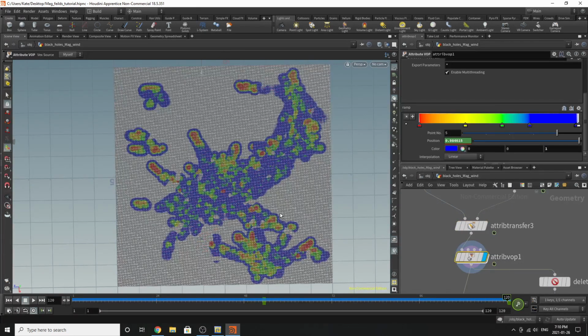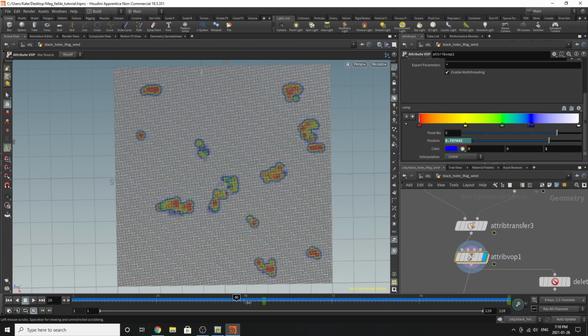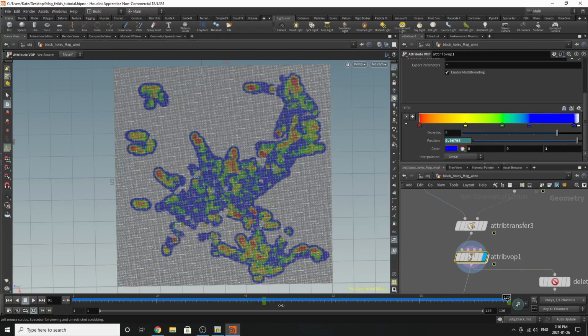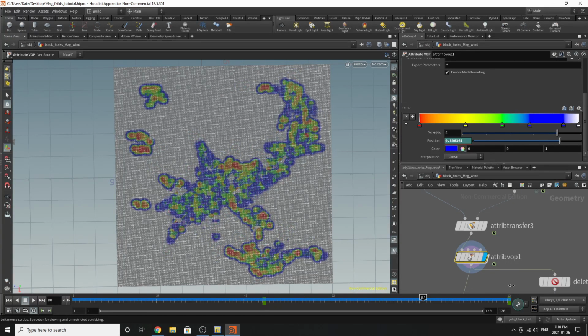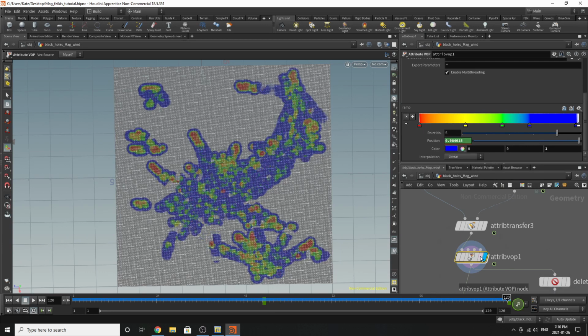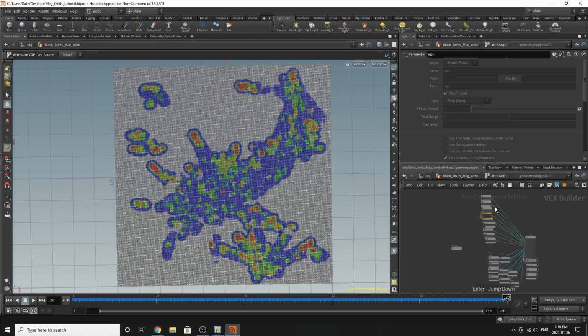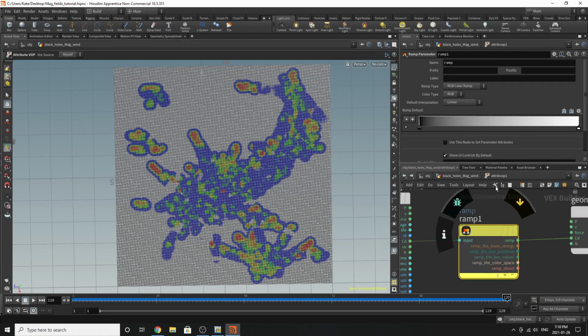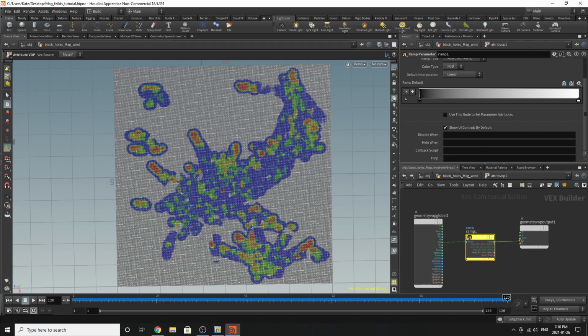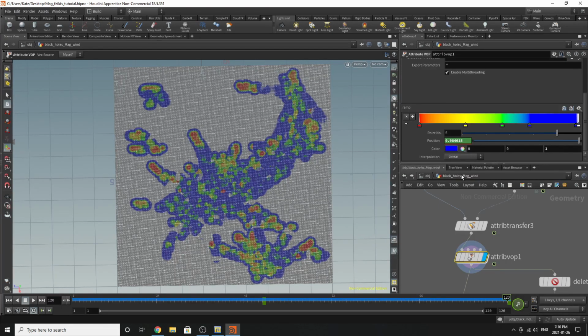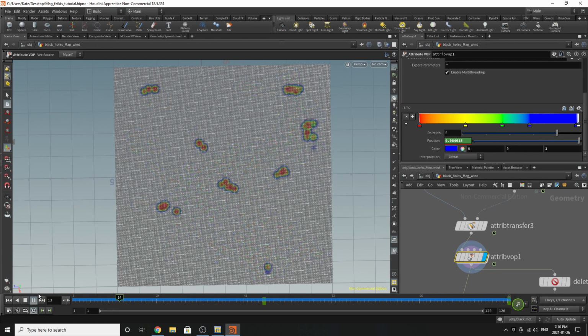So if we go over here, we can see, oh wow, the color has changed. And the reason it has changed is we've done something kind of sneaky to the color. We've gone in here and we've added another ramp, which is feeding the color back into the color. And it is a default ramp. What this is doing is just remapping the color just a little bit so we have more playtime, and also keeping the white area of the grid as well. So if you play this back,